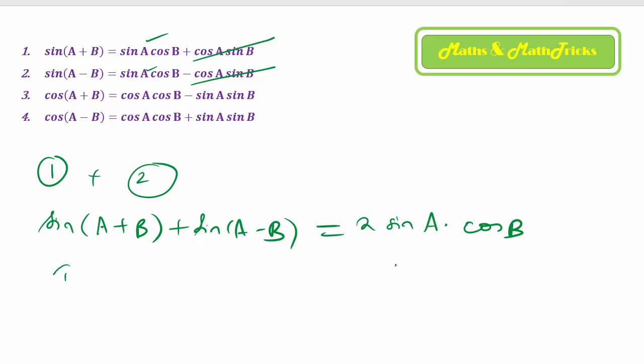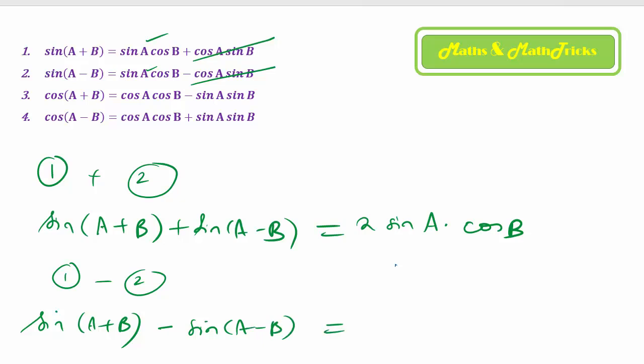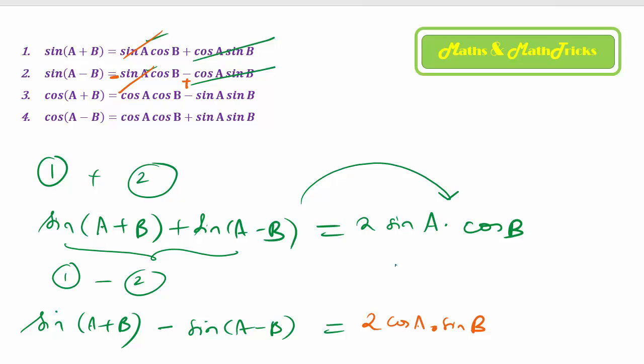That is 2 times sine a into cos b. Isn't it? And if I ask you to subtract 2 from 1, then you would say sine of a plus b minus sine of a minus b. The result will be the opposite. I mean, this time the first term will become negative and the second term will become positive in the process of subtraction. And hence the first term cancels, the second term becomes twice cos a into sine b. So basically, these are formulas of transformation where you have transformed the sum of two functions into the product of two functions, where you have transformed sine of a plus b plus sine of a minus b in terms of a product of sine and cos.